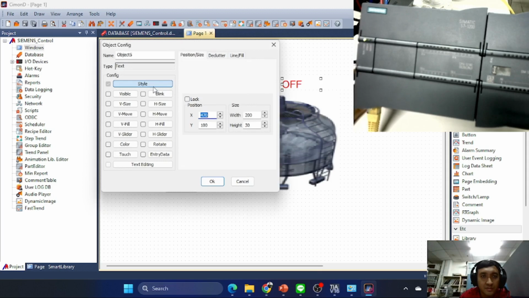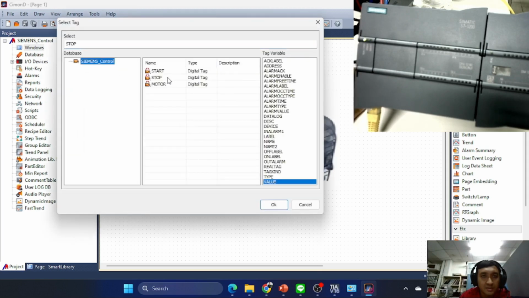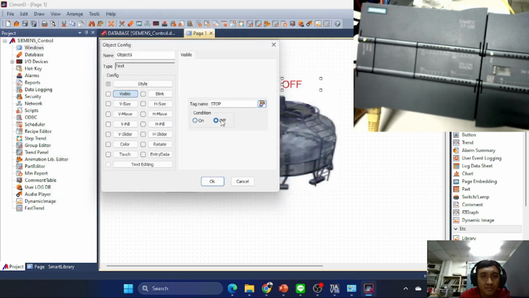For off, the visible tag is stop when off.